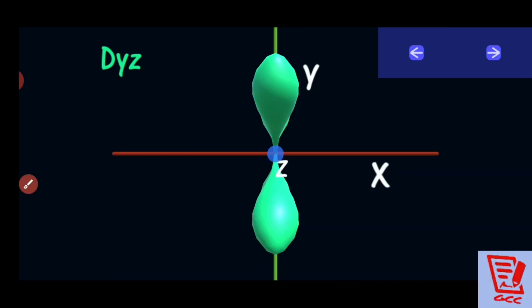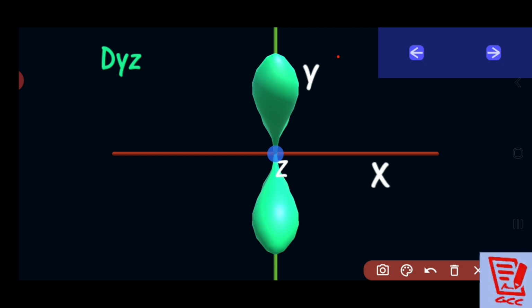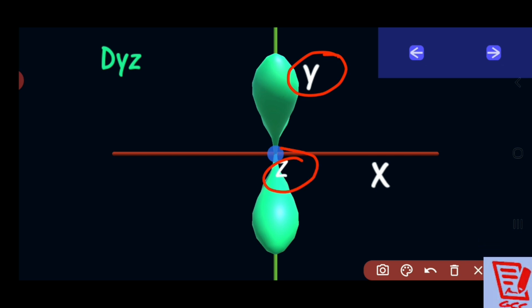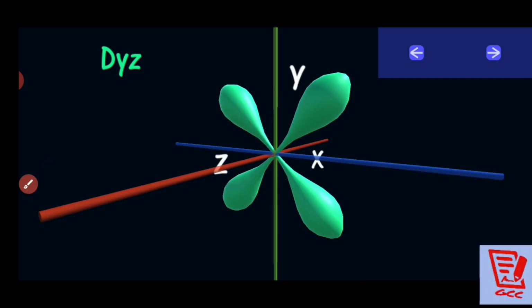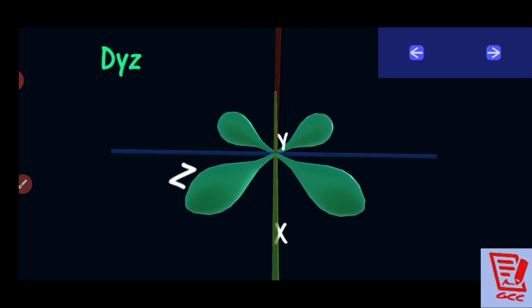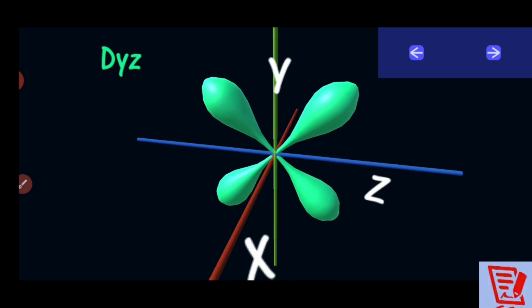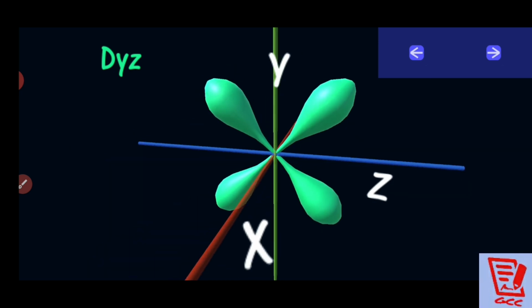In the next one, this is dyz. You know why dyz? You please see. This is in the yz plane. Clear? It is in the y and z plane. That is why it is called dyz. But here one more will be formed, one is missing here. Okay, and I will show you a 3-dimensional picture. See, up it's fine, there it was not visible. Now it is visible properly. How many are there? 4 lobes are there, but they are in the dyz plane. I think it is more clear now.